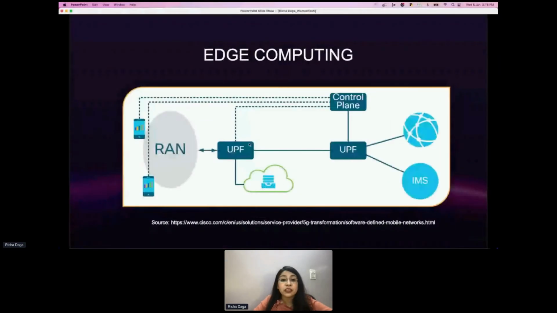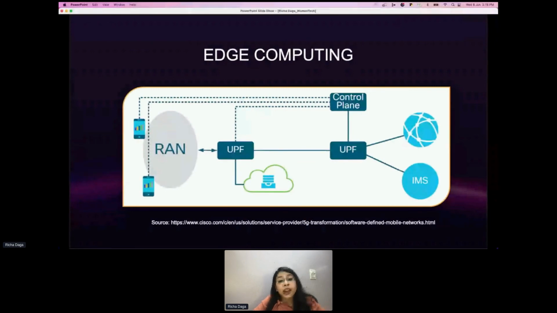So if we move further, as we talked about the edge, the attribute of the edge actually is bandwidth reduction. It performs computation at the edge itself to reduce bandwidth. For example, for virtual reality applications, the edge can compute a field of view that would otherwise have to be computed from a massive amount of data associated with all the possible horizontal and vertical fields of view. So in edge computing, the operator deploys a 5G core user plane function, that is the UPF, in strategically located parts of the network